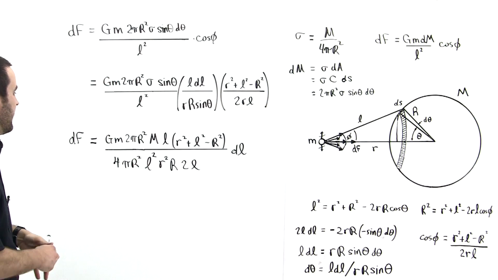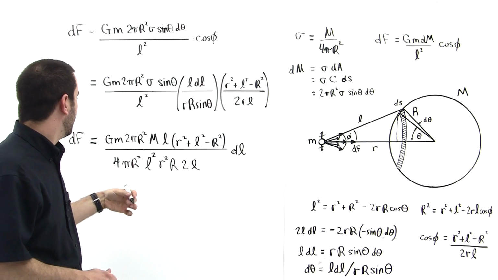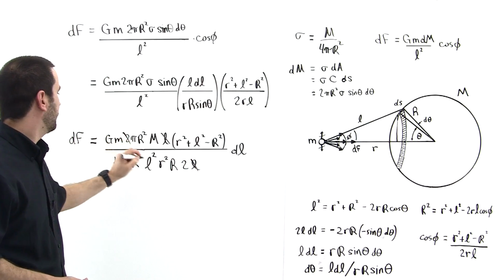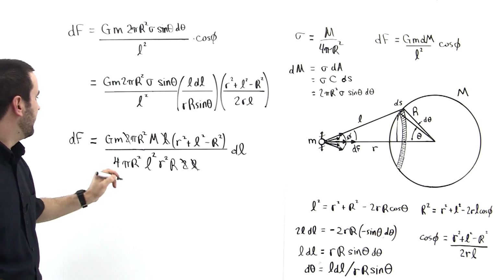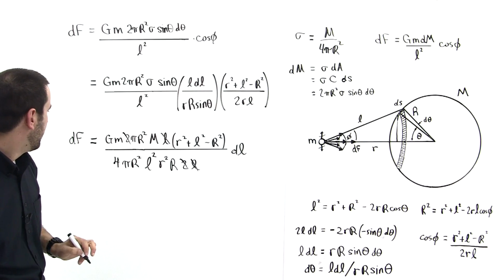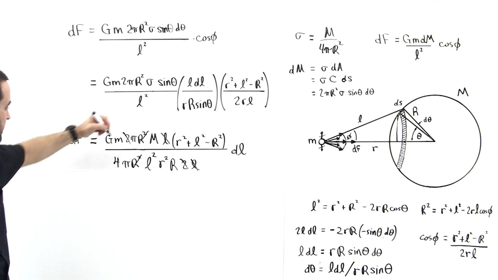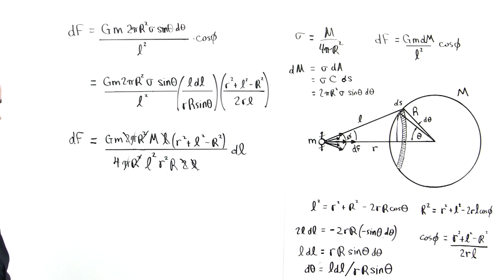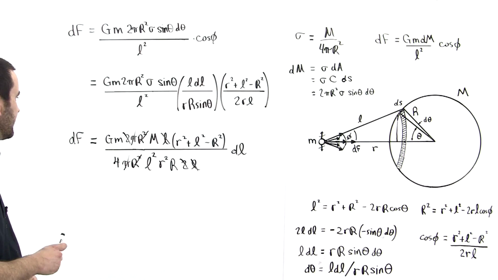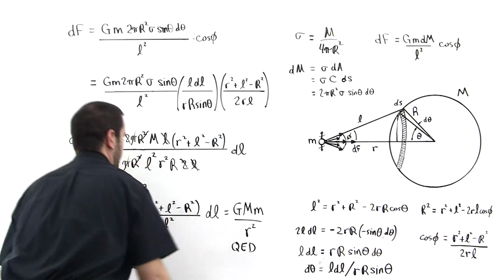Now it's a matter of canceling. So let's cancel some things. We see that this L is canceling with this L, this 2 canceling with this 2, and this capital R squared cancels with this capital R squared. The pi is going away, right? And I think that's about everything that we can cancel, yep. Okay, next step. Last but not least.